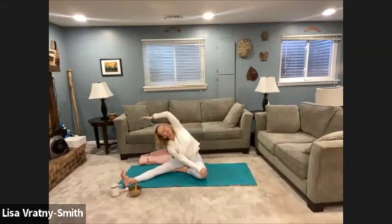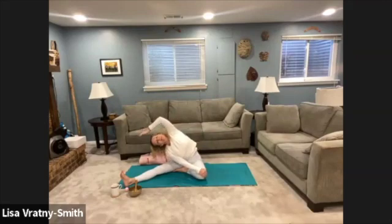We'll turn to face the left leg, bringing the right hand to the knee, lengthening through the spine. Inhale the left arm up by the ear. And as you exhale, bring that right shoulder toward the leg, just as far as feels okay. Heart is lifted, torso stays facing the wall,